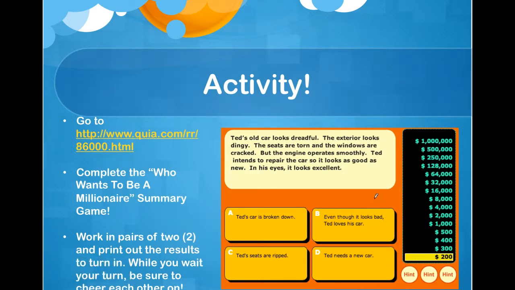I would definitely have to say B is the most apparent, and B would be the answer. So you would click on B, and then the money counter on the side would go up, and you get 3 hints. So that's just a very fun activity for you all to do, and I can't wait to see